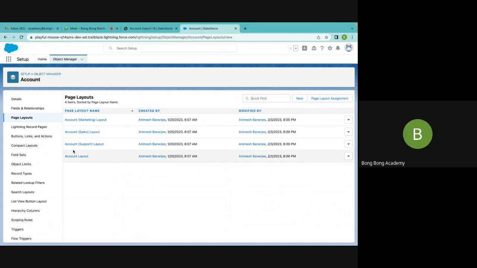So what do you think is different in these layouts? So actually we are using the layouts to control different fields records to display. এখন মার্কেটিং এর যারা ইউজার আছে, তাদের আলাদা রিকোয়ারমেন্ট আছে, কিছু সেলস ইউজারদের কিছু আলাদা রিকোয়ারমেন্ট আছে। রিকোয়ারমেন্ট কি? ডিফাইন রিকোয়ারমেন্ট।